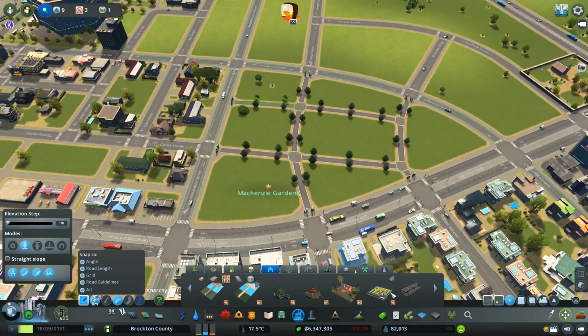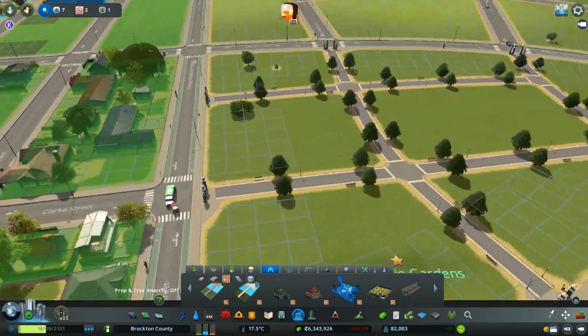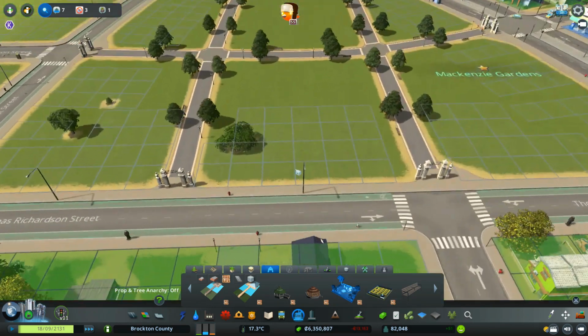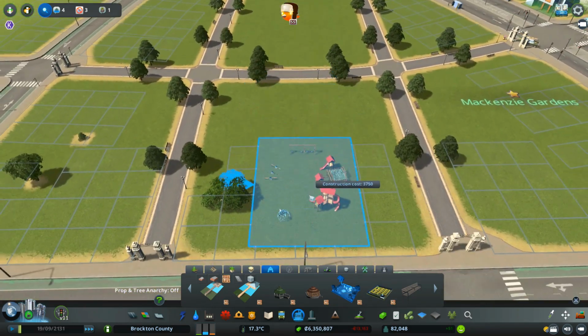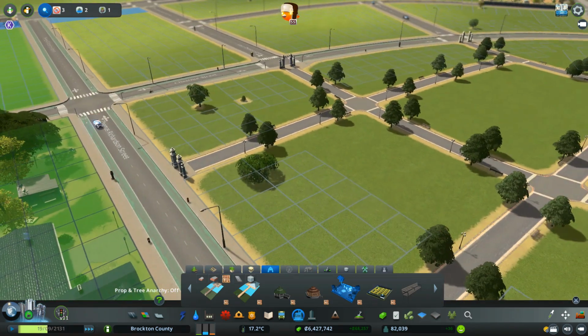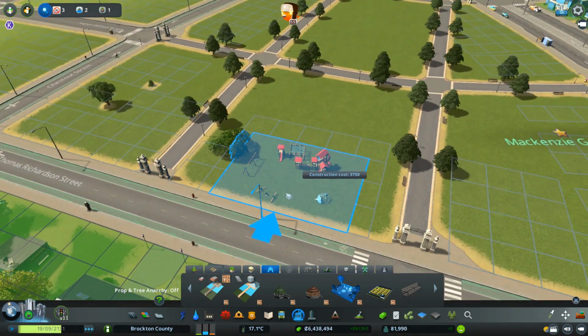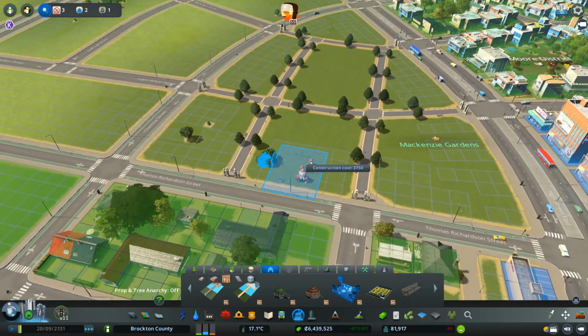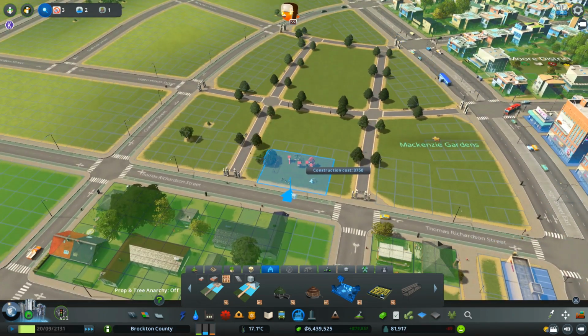Then what's going to be in this park? Well, a playground, of course. So this is pretty close to a bunch of residential areas. So what we'll do is we'll have that playground. Yeah, we'll have it inside the park a little bit. Or should it just be right off the street? It's not going to be off the collector, that's for sure. So yeah, let's put it right through here